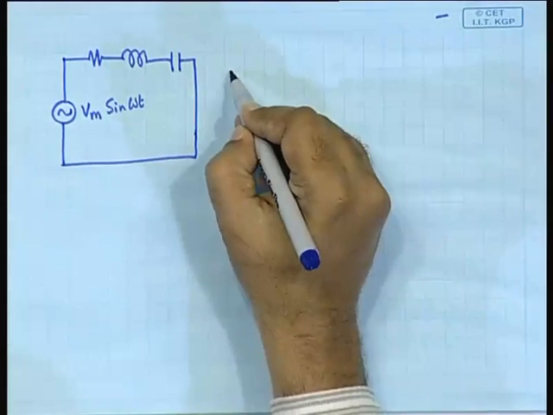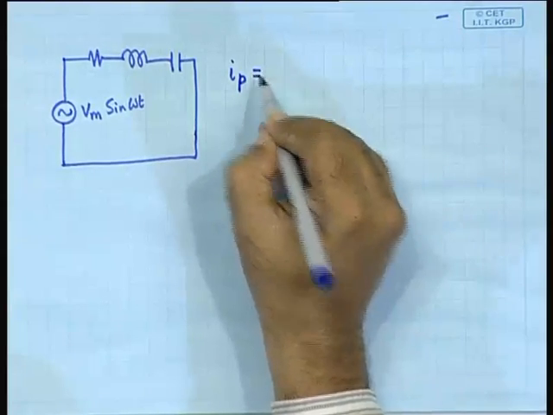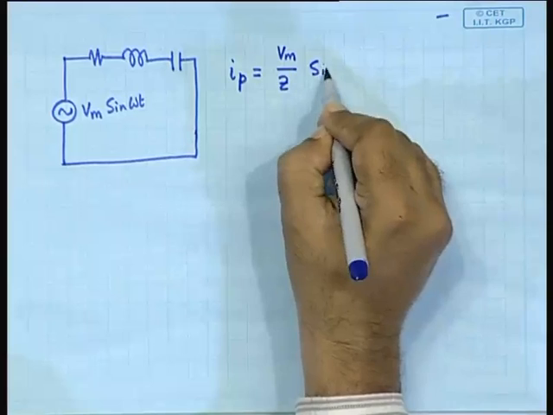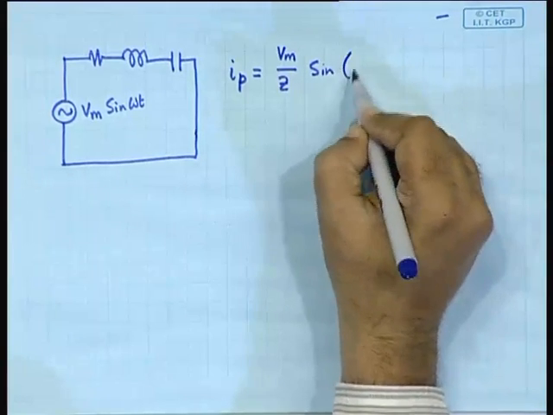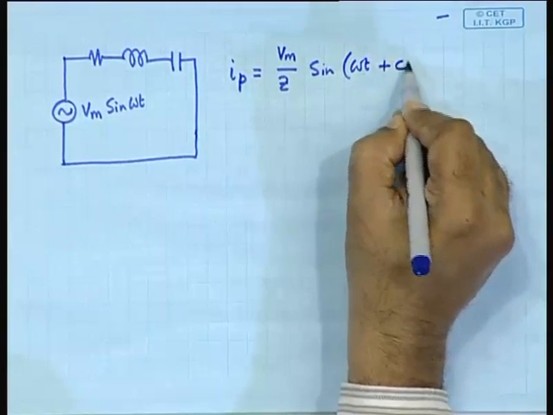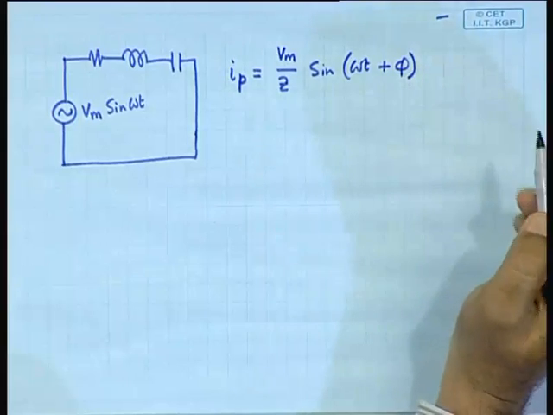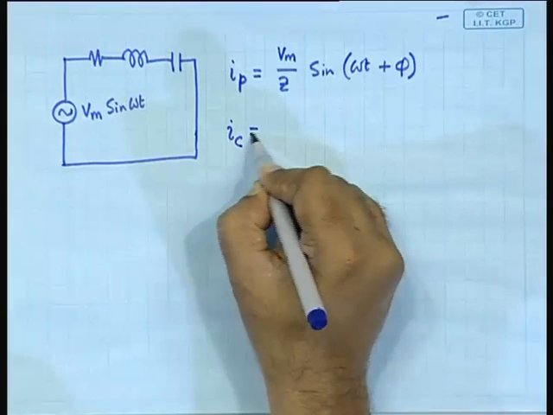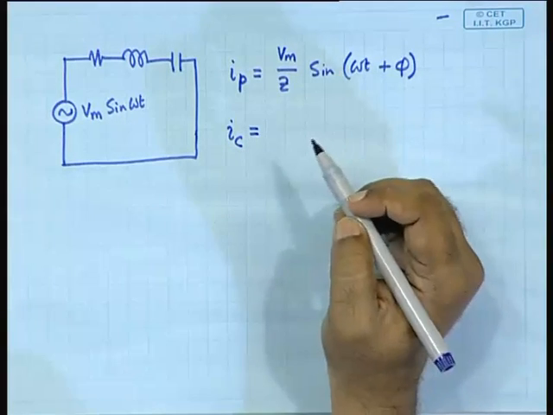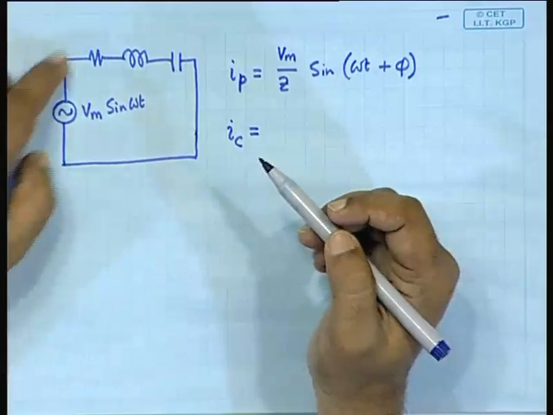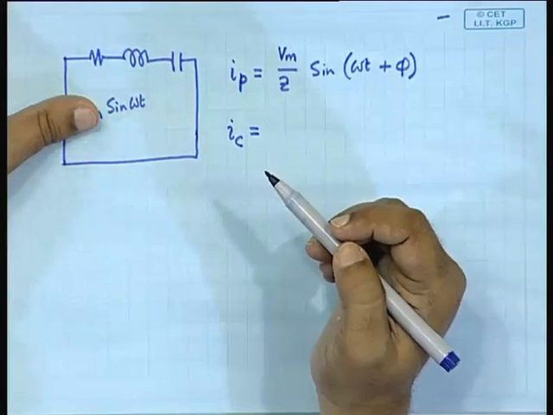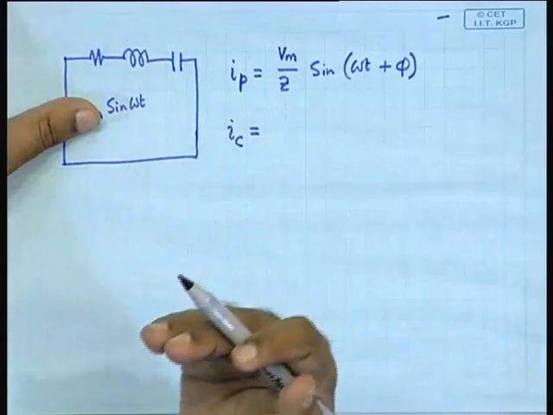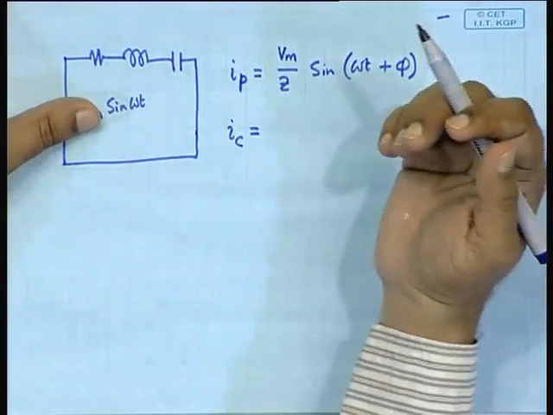So, the I p part is V m by Z sin omega t plus phi. The I c part, the complementary function part, would actually be the response of this system when this is absent, okay. And the response of this system is a second order system. Its response will be dependent on